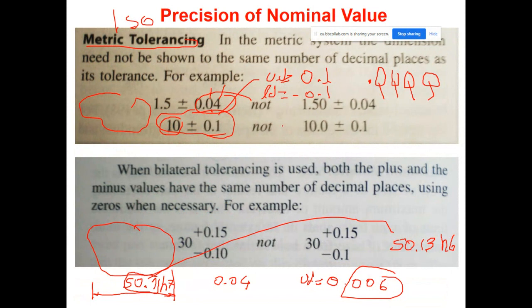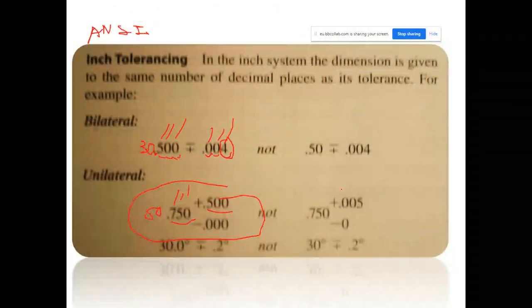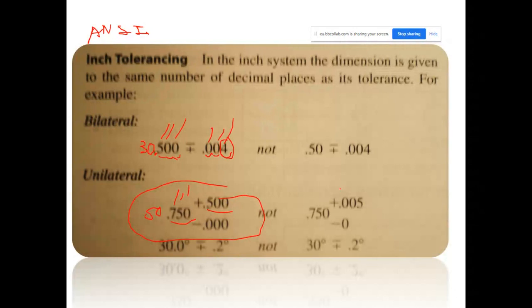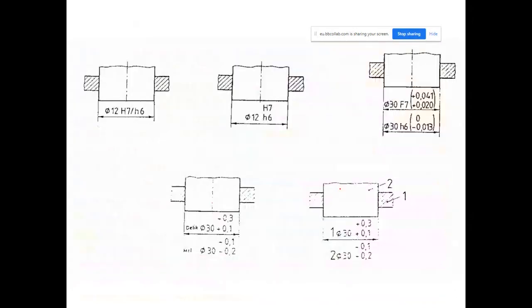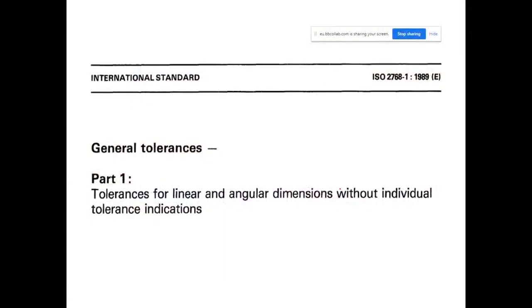Repeat again. If deviation starts from tenths, show the nominal value as integer. If it starts from hundredths, write the nominal value as a decimal number with 1 figure, and so on. Okay, keep in mind, study this part of the content one more time at home. I strongly recommend. And then now, time to give an example.